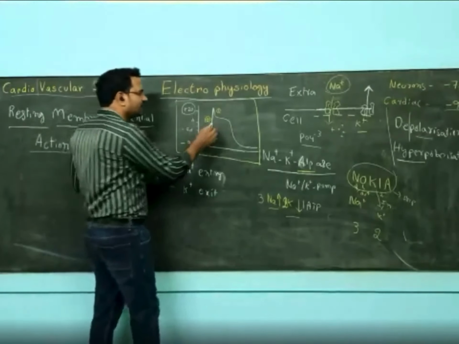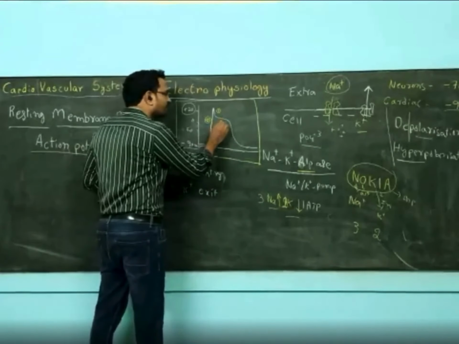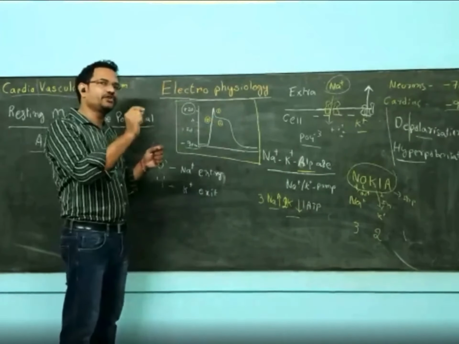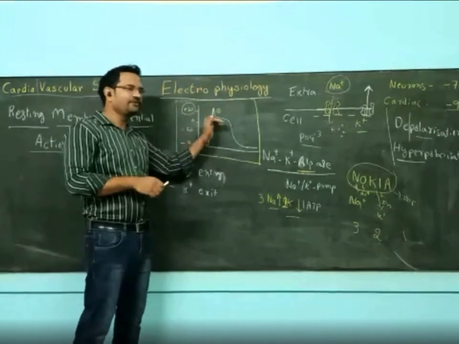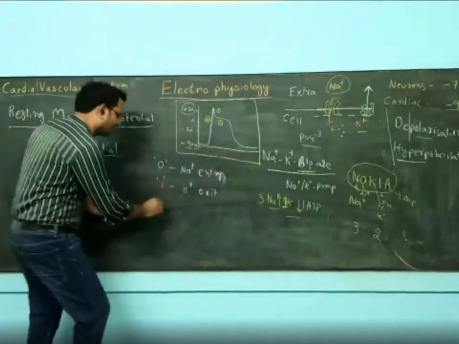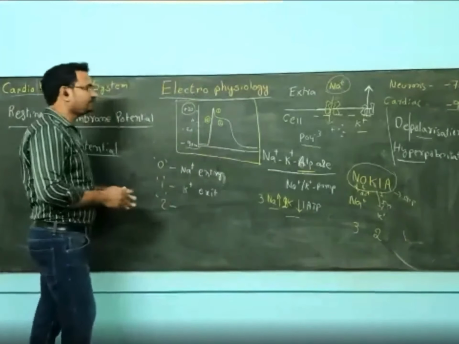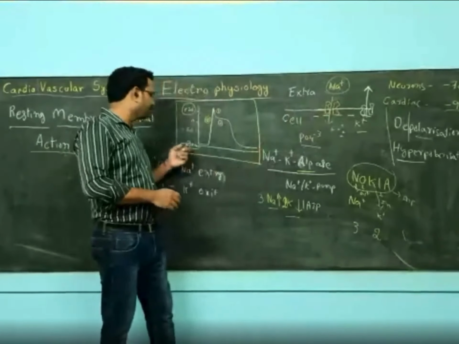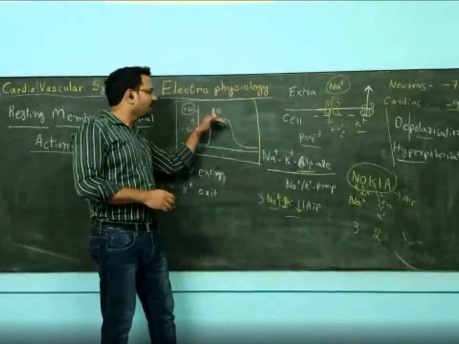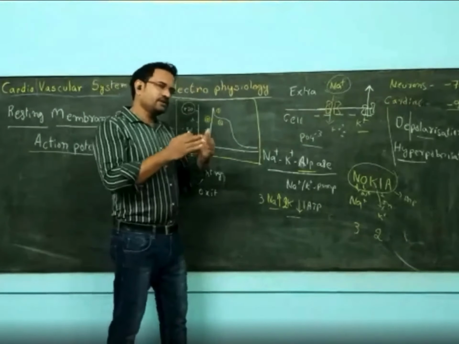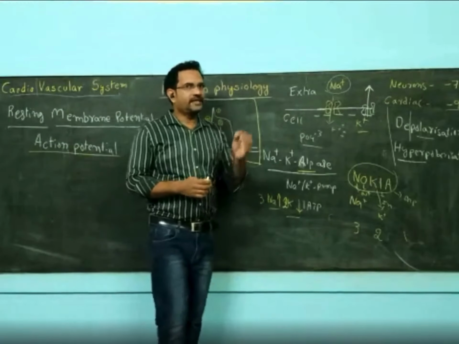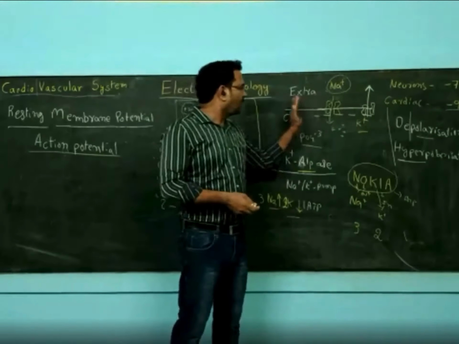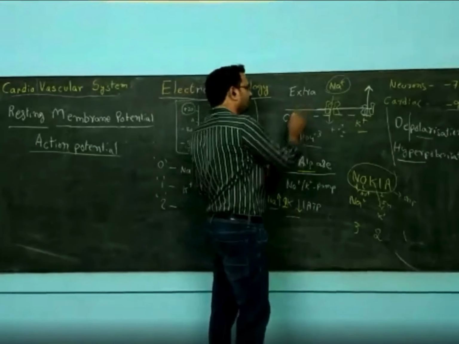Now after that, there is a phase which is a kind of a flat line. That is called plateau, P-L-A-T-E-A-U. Plateau means a flat line. A flat line phase occurs. Why does this occur? The reason is, see, what has happened? The potential has changed, right? It used to be minus 90. It has risen to plus 20 again. It is still on the positive side. Because of that potential change, voltage gated calcium channels will open. Understand that word. On the cell, we have calcium channels too.